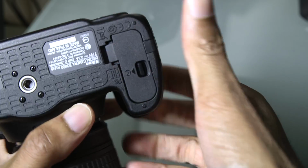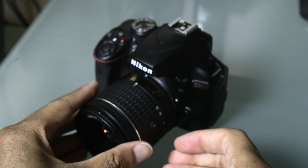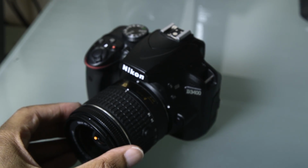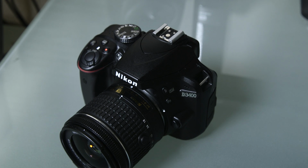The other thing that's kind of controversial about this camera is that the battery life is much, much higher than what it used to be. And people were wondering, man, why is the battery life so much higher? They didn't use a different battery. It still uses the exact same processor and sensor. How did they achieve that? Well,